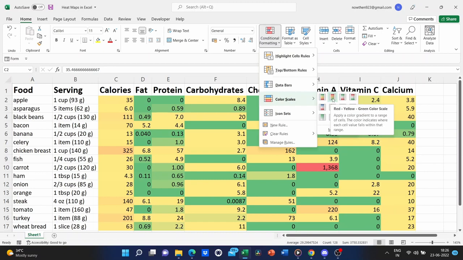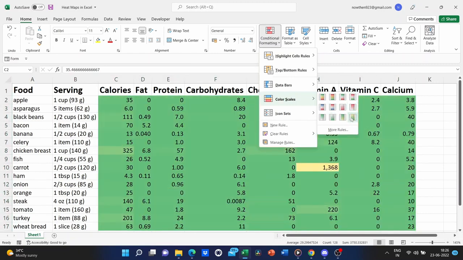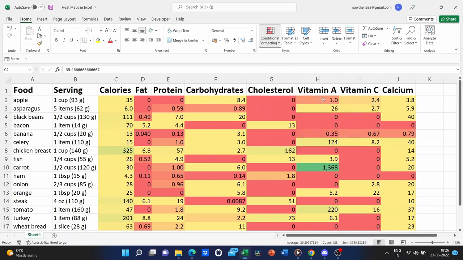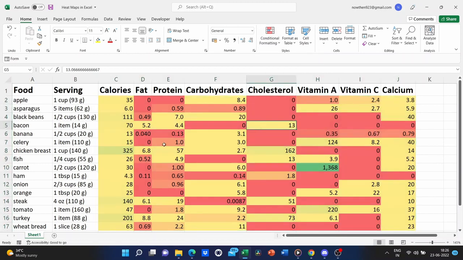While if I switch to this option, it will reverse that: the highest number will be in red and the lowest number in green. There's all of these different options and you can look through those and choose the one that best fits the heat map that you want to create. I'm going to stick with this at least for now, but like I said a few seconds ago, this is not the right way to do it for such complex data as what I have in this spreadsheet. Let's look at why.